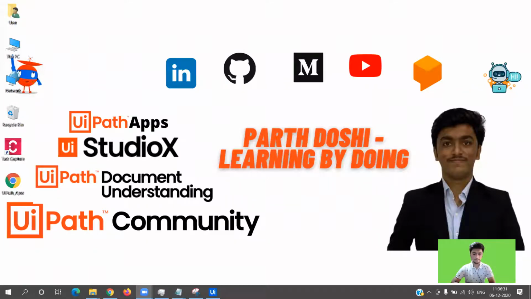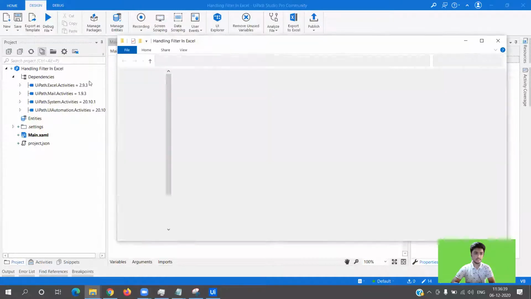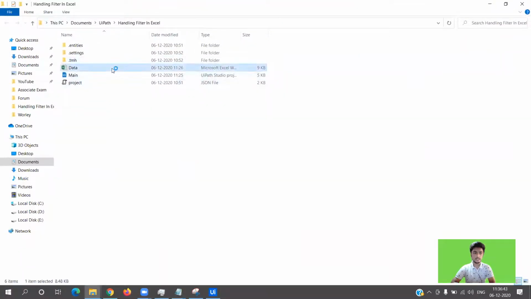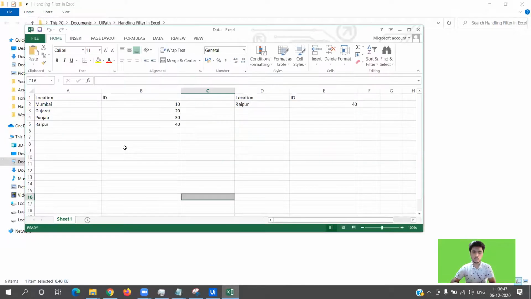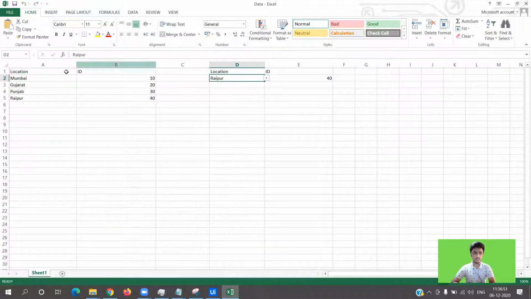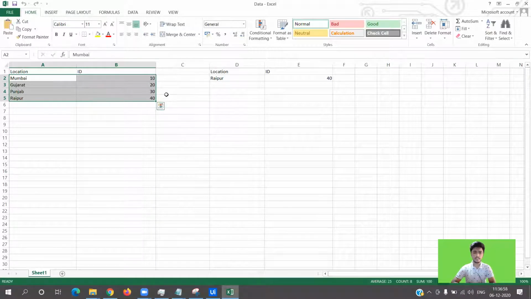Okay. So first what I will do is I will show you all how we can create that kind of fields. So let me open. This is the template file that I've already created, but don't worry, we'll do that again. So now if you see here, there is a table that is location, and then there is ID.